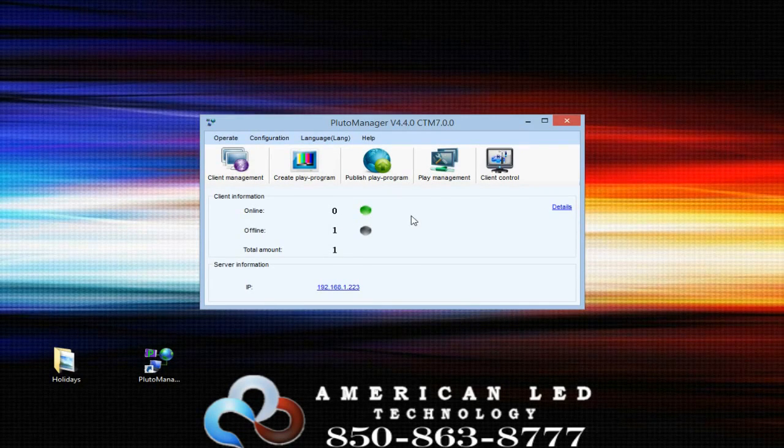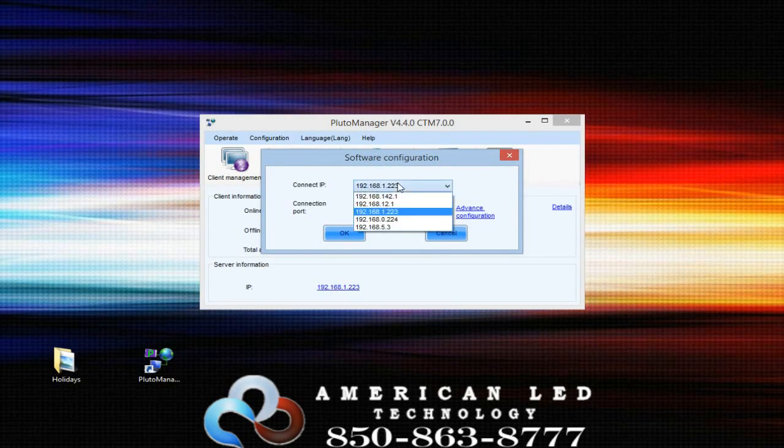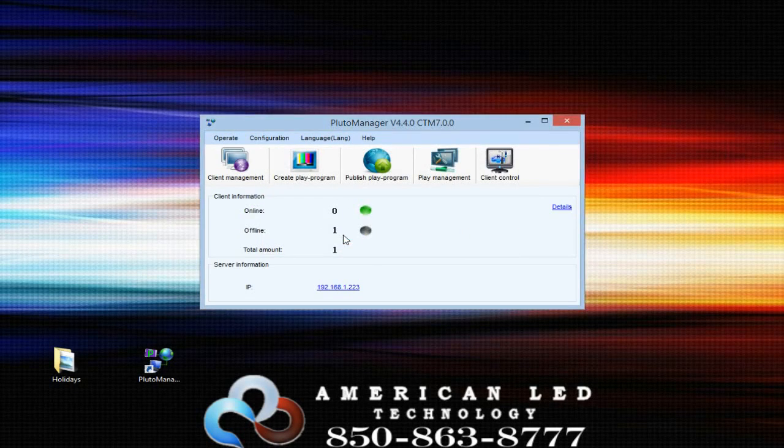And if it doesn't, we're going to want to make sure that our default IP is set to 192.168.1.223. If it's not, we can click on it and change it. Just hit OK, and we'll see a 1 and a green dot when it finds the sign. And when it does, we click on Create Play Program,